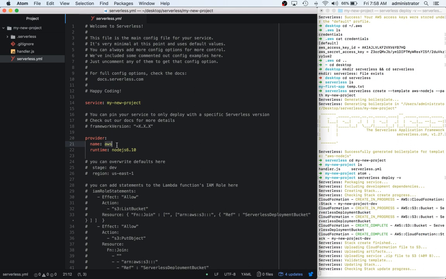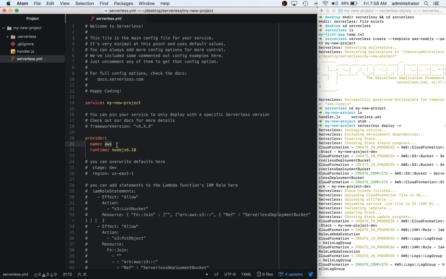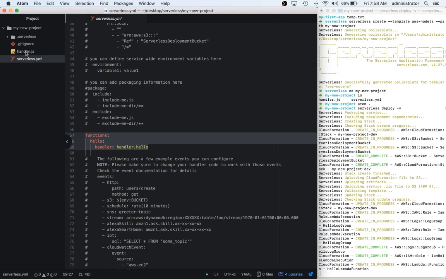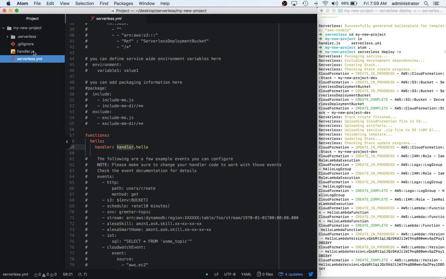So if you were going to do Google, like the Google Cloud or Microsoft Azure, you could actually specify that here and change that. This is your functions definition. This is actually what's telling it to go to this handler file and then actually deploy. And so if we jump into the handler file and you look at